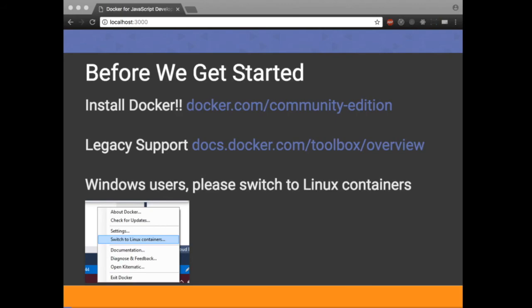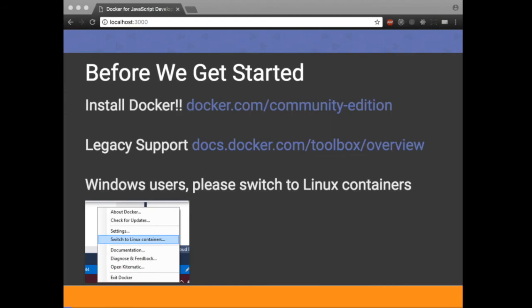Before anything else, if you haven't done it already, please install Docker. This first one here is where you can find Docker Community Edition. That's what you're going to install if you have a more recent version of Mac OS or Linux. Also, if you're on Windows 10 Professional, you can install Docker for Windows. However, if you've had any trouble at all installing, this is the link that we sent out. And you can go to the second link here,